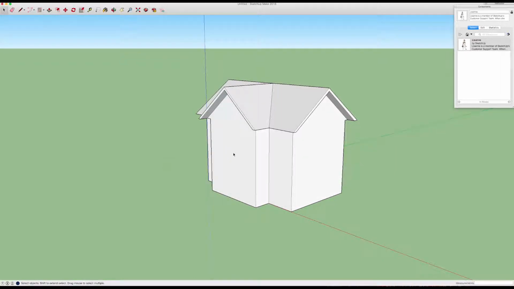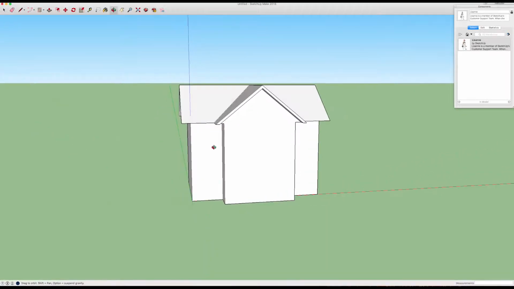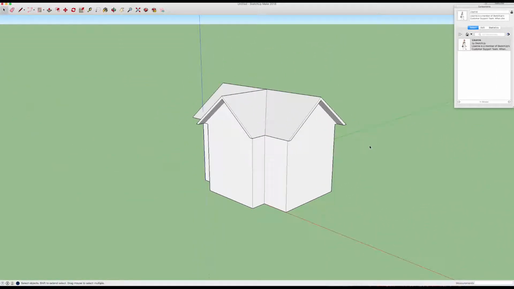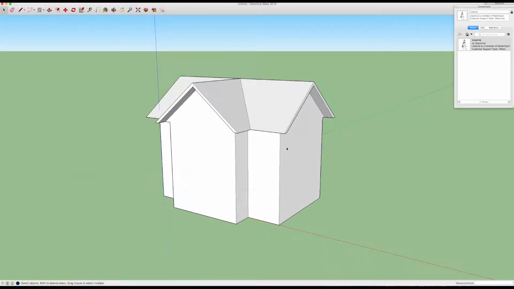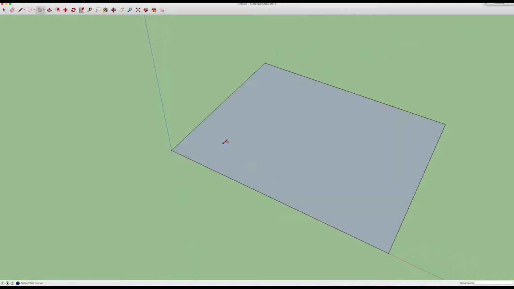In this tutorial, I'm going to show you how to make a simple three-dimensional house that looks like this right here. So let's go ahead and begin. Okay, here we go. We're going to start off with just a big square, draw it nice and big, and